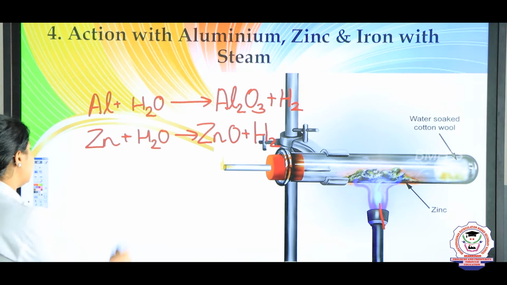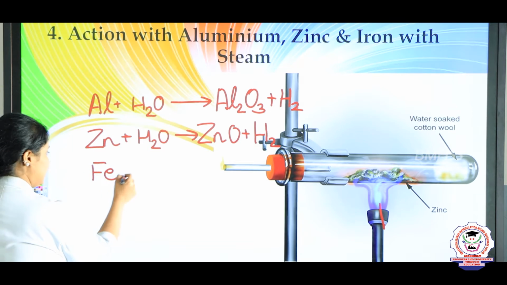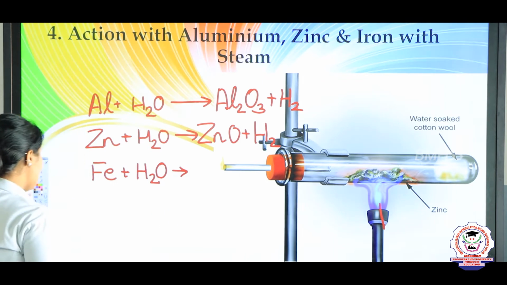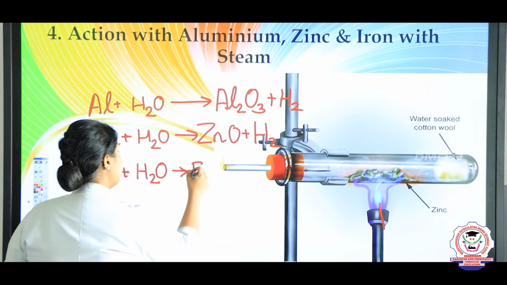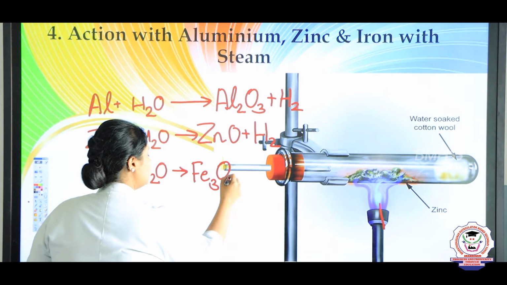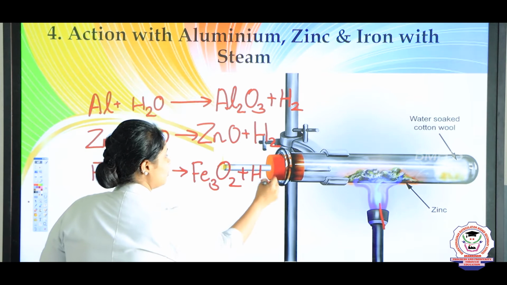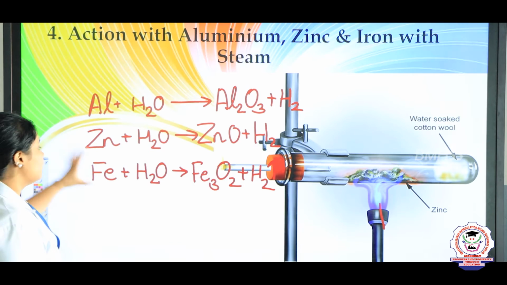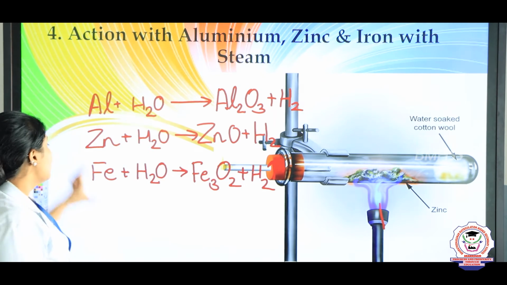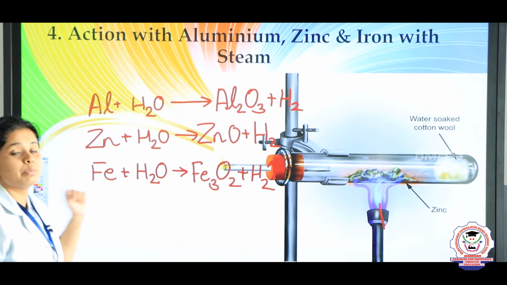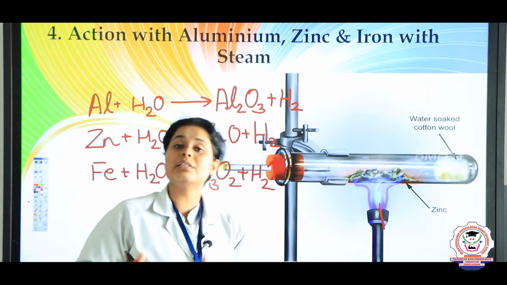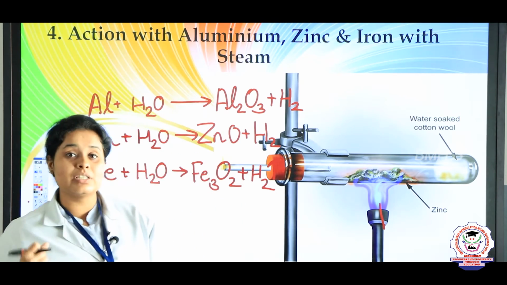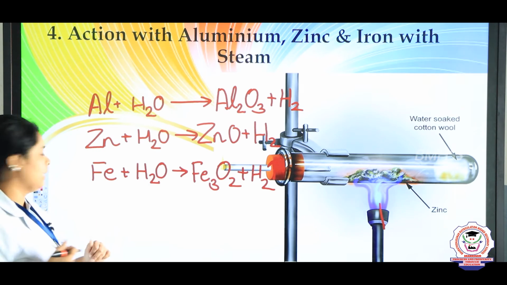And finally, when we are taking iron, that is Fe plus H2O, it will become iron oxide, or first it will be Fe3O2 plus H2 gas. Okay. So this is the way how the reaction proceeds. Children, one thing you have to remember in this: ferrous, that is iron, when it reacts with water, it is a reversible reaction. When it is reversible, you will see that it will be very fast when the reaction is happening. Okay. So you have to be careful about that.